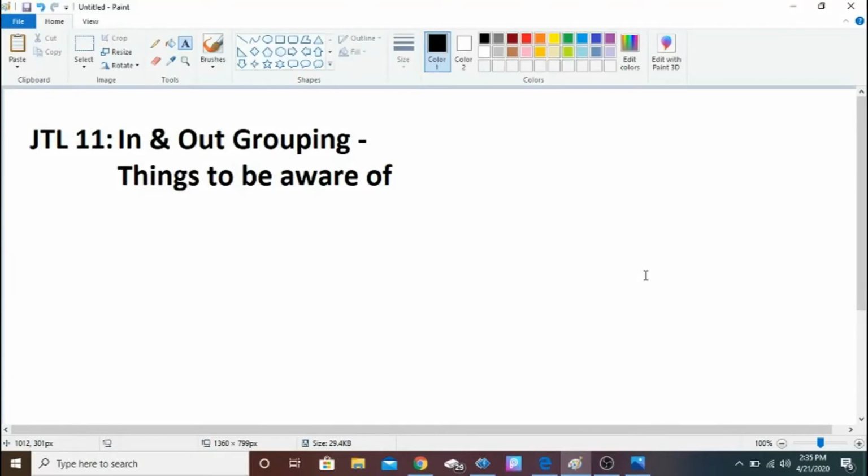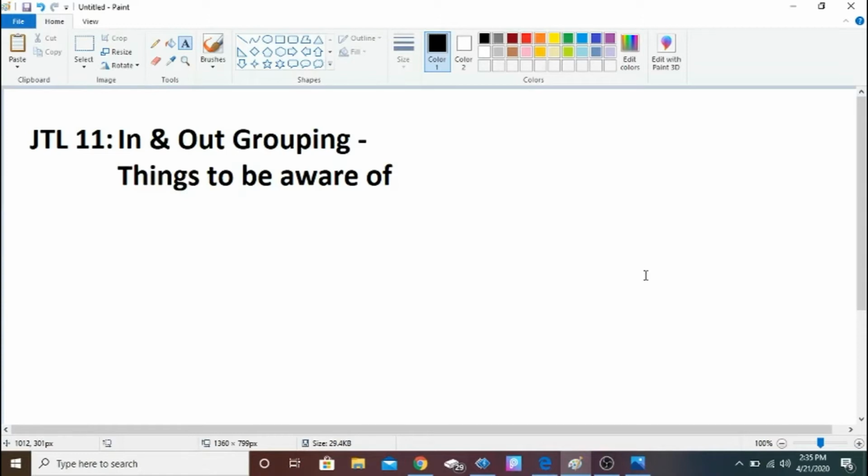In JTL 11, we'll just be discussing in and out grouping on a much more mundane level, simply pointing out things to be aware of. Since it's relatively simple, just like characters are selected and those who are not are left behind, this would be better by practice rather than me going over the logistics of them. It'd be better for you to go over them yourselves. However, there are some key things to note and some examples to share that will increase your understanding of grouping